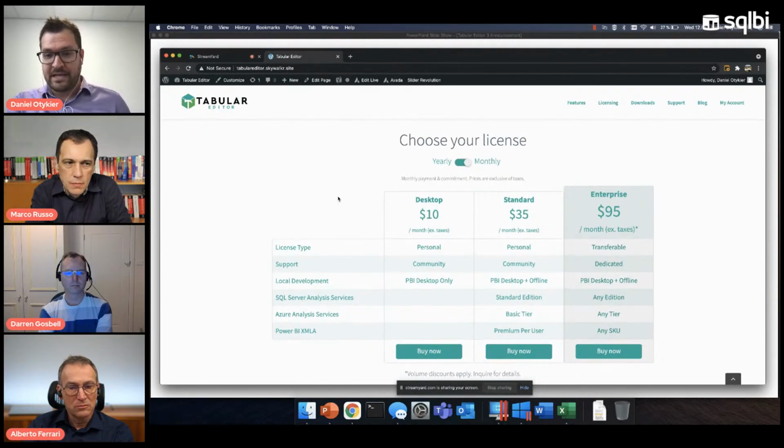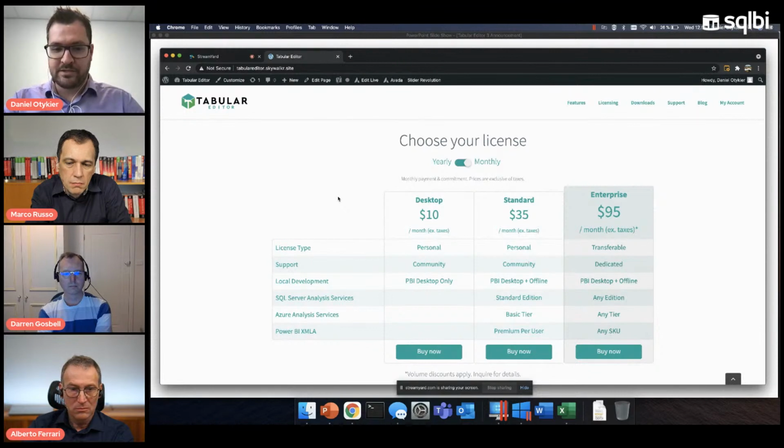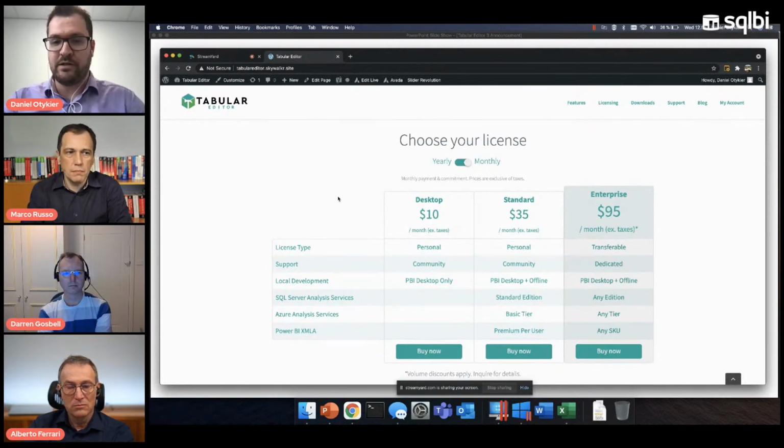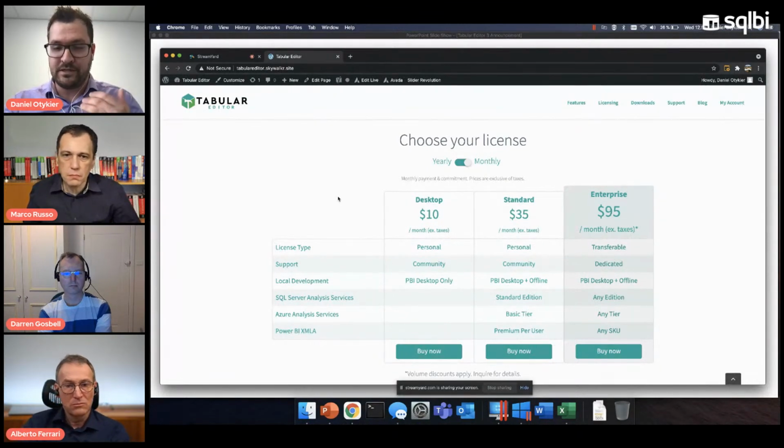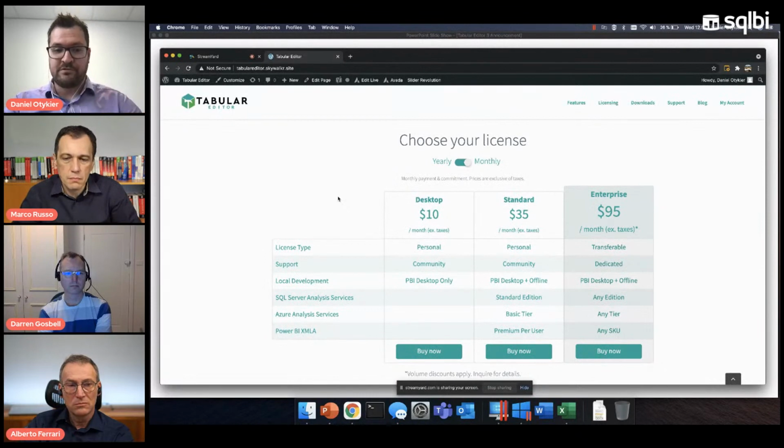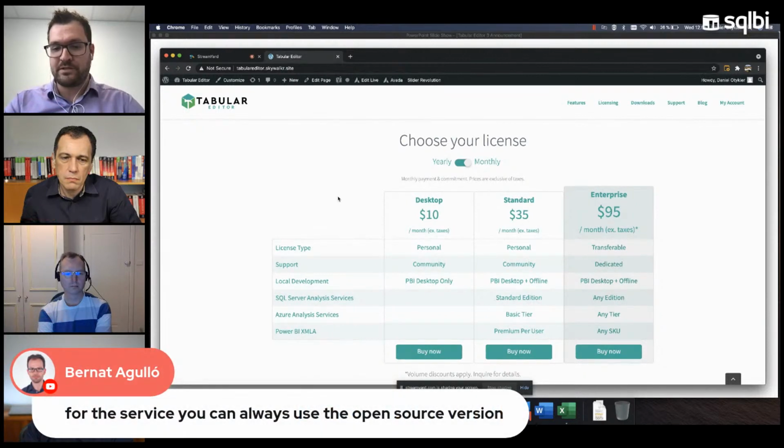Then we have the standard and enterprise versions. These are similar in terms of the features that they offer, but the standard edition is limited so that you can only use it on the entry-level editions of Analysis Services. So if you use, for example, SQL Server Analysis Services Enterprise Edition, then you need to buy the enterprise version of Tabular Editor as well.